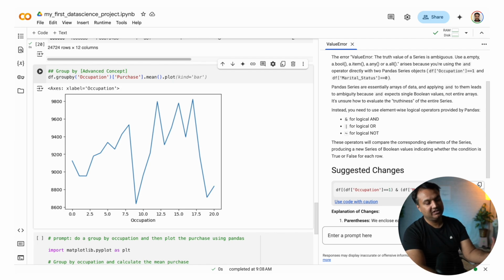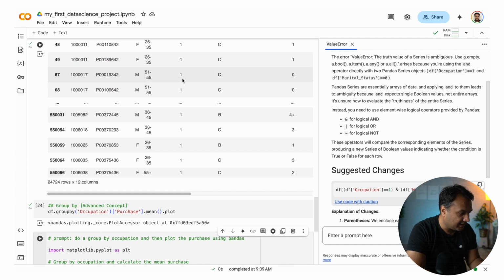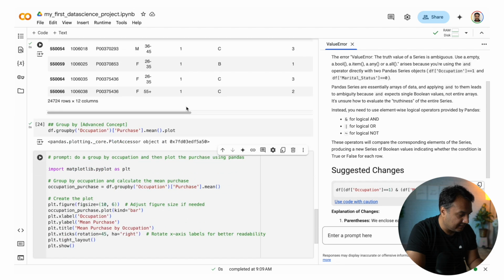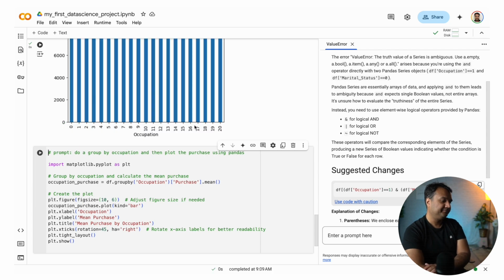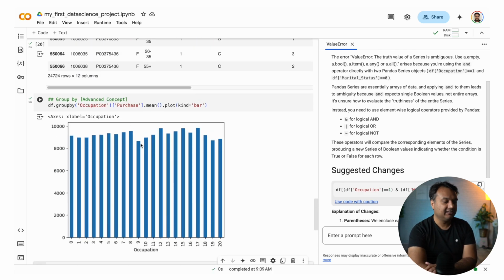If you see, it has auto-completed it, kind of bar, but even if it hadn't, we can come here and say kind is equal to bar. Okay. So now we can see that with just one command, it has created a bar chart grouped by occupation and then the average value of purchase.